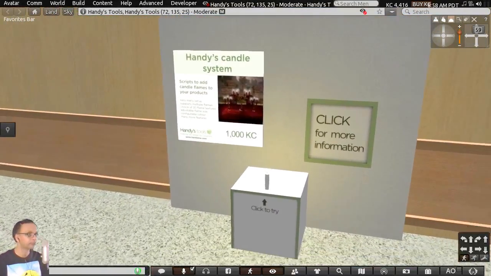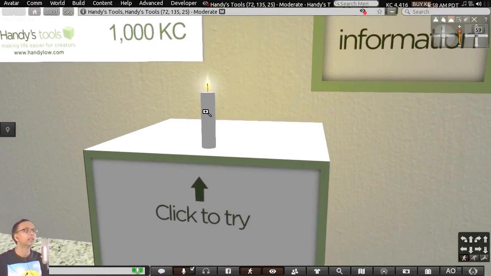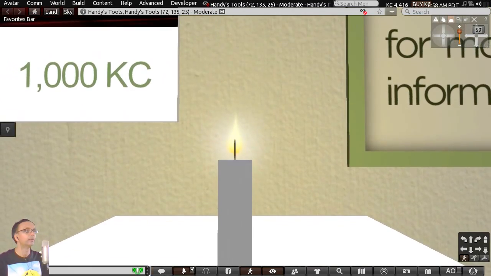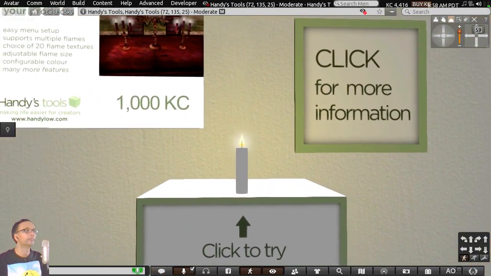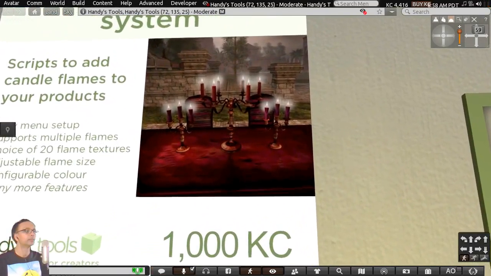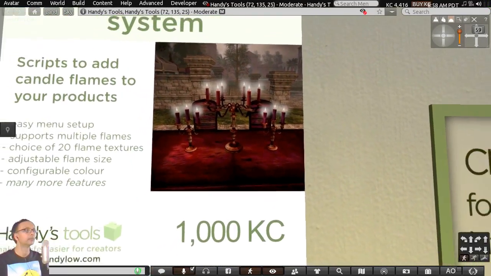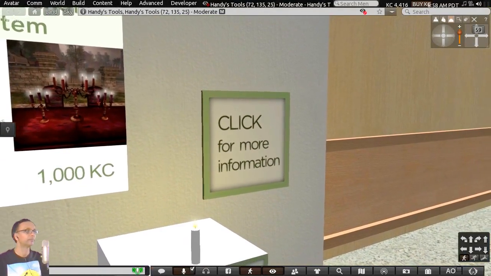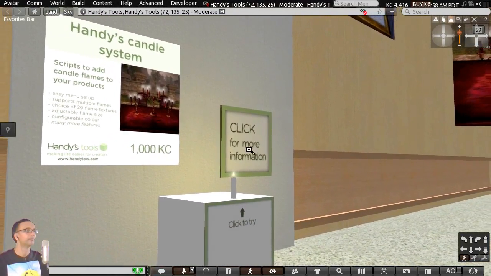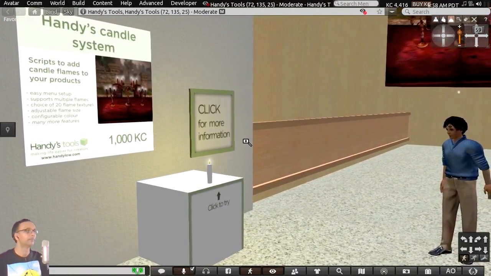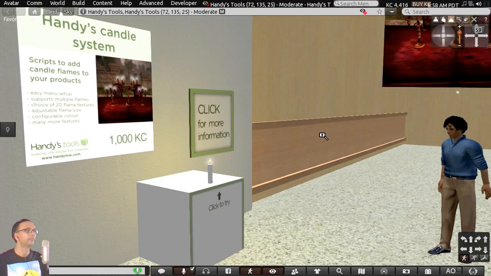So what about this one? The candle? Yes, this is candle flame. It's similar to the other flames that we've just seen, except that this is for a single flame, such as a candle or a gaslight or something like that. And again, there are a variety of textures, and above we have examples of products. These are all from Molino systems, Molino furniture.